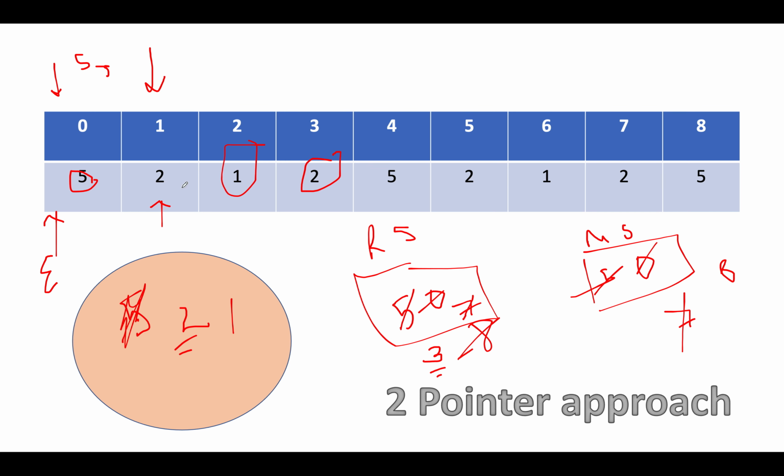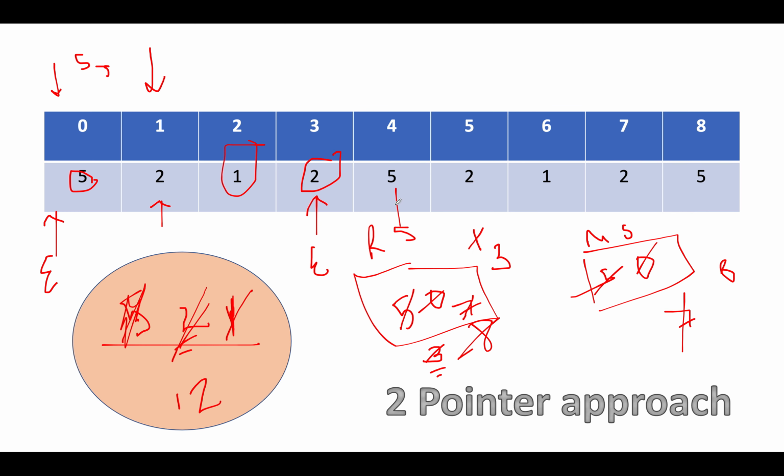Next we have 2. We have to remove 2 from the set. And 2 gets removed, running sum gets updated to 1. And now let's continue the process. Since end is pointing to 2, we'll add 2 back. 2 gets added. So we already have 1. Running sum gets updated to 3.